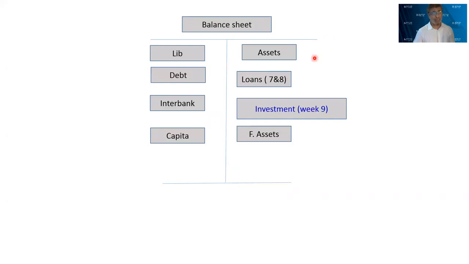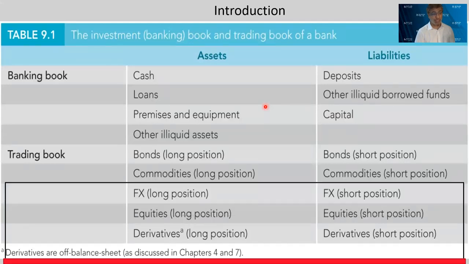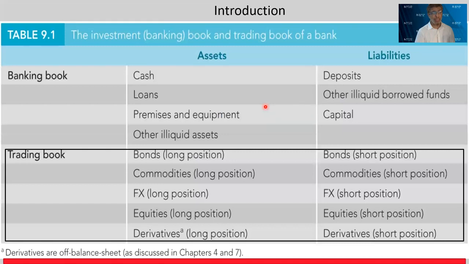So if we come here, we are talking about week 7 and 8, if this is the balance sheet of the bank, we are talking about this area, which is the investment. The investment can be either long-term or short-term. This classification is very important when we talk about market risk, because we have what is called the banking book and the trading book. The banking book holds investments that we will hold for a long time, and they are considered illiquid. The short-term is the trading book.